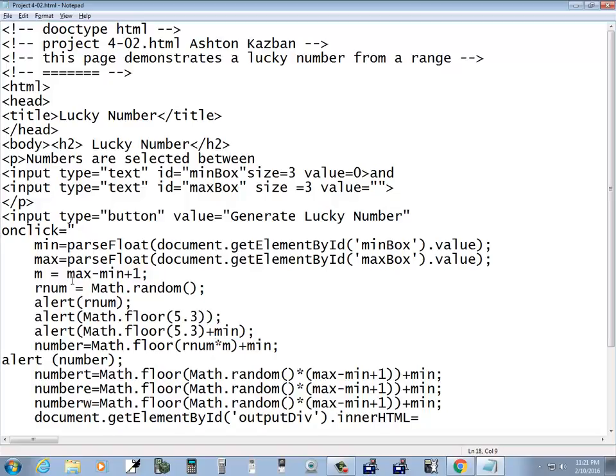Interesting. I wonder if I can do a cast. So if I convert it to a float, let's see if that